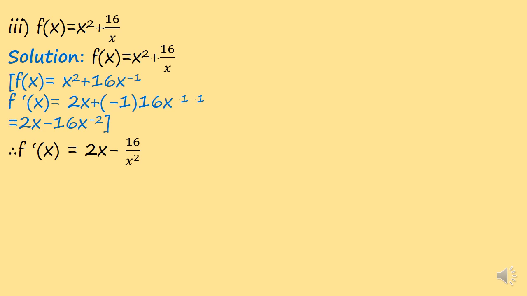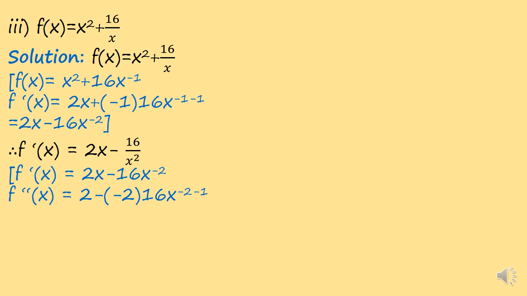Now once the concept is thorough, you need not write the intermediate steps which are given in blue. You can directly write the step for f dash of x. Then as usual, we also find the derivative for f dash of x. That is, we find f double dash of x. Again, I have written the steps for you in the brackets so that you will understand how it is done. So same thing that we did for f(x). f dash of x can be written like this, that is 2x minus 16 x raised to minus 2. x square is brought to the numerator. It becomes x raised to minus 2.